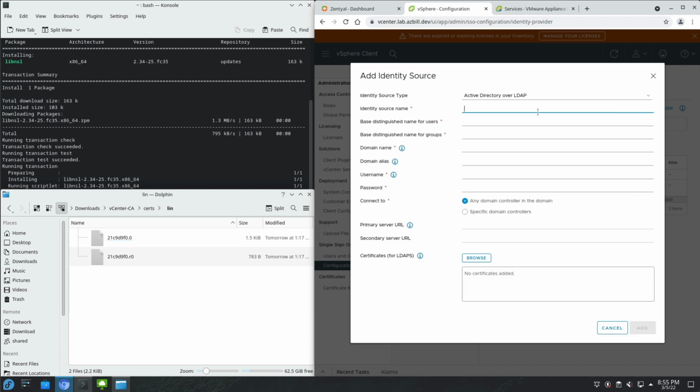All right, so we need to enter in our information here for the server. Base distinguished name for users, base distinguished name for groups. I'm just going to put in my root DN here, that's the distinguished name, because I have a small enough environment that I don't really need to specify and break that out.